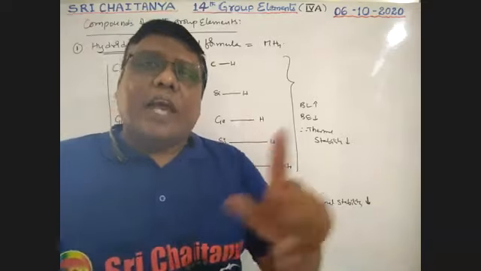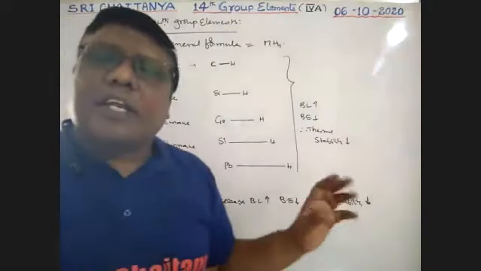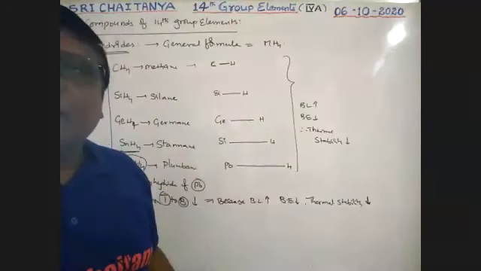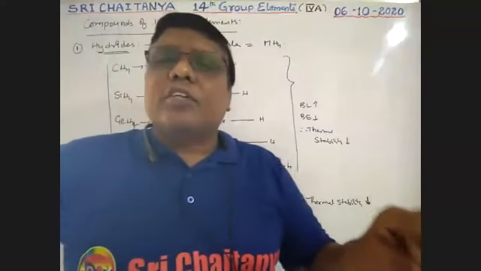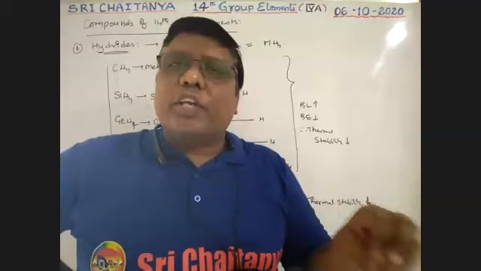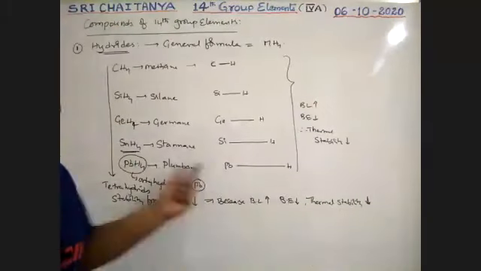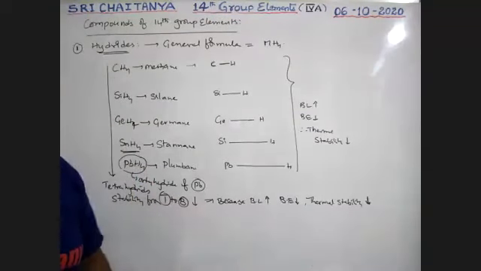That means from where is hydrogen quickly going out? Tell me, boys. From where is hydrogen ready to come out, from lead or from carbon? That is from lead, which gives hydrogen readily. Yes, correct, boys. That is the best reducing agent. Therefore, PbH4 is a good reducing agent, but CH4 is not that much of a reducing agent.